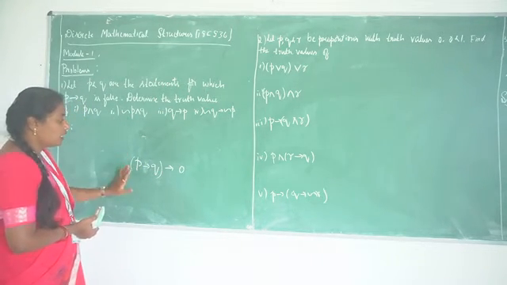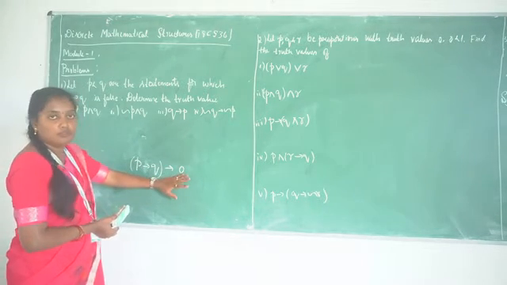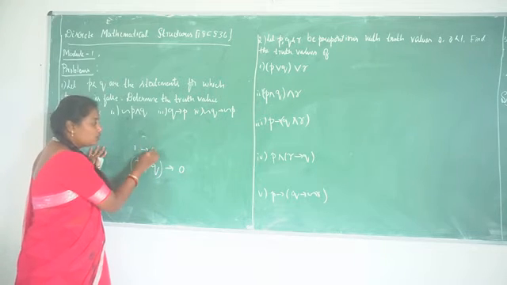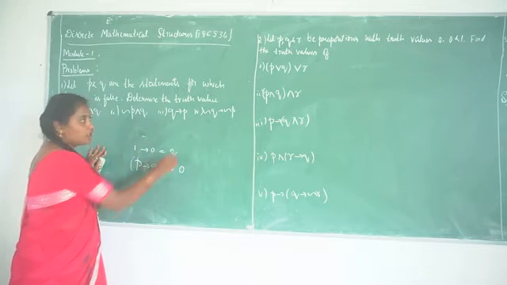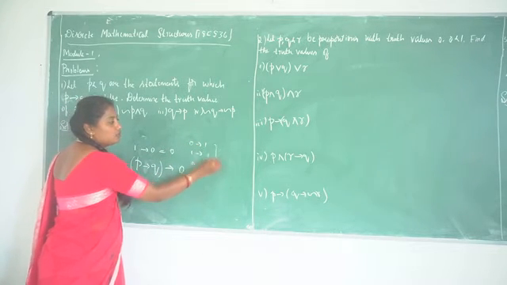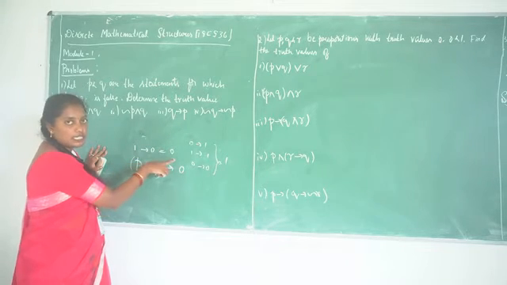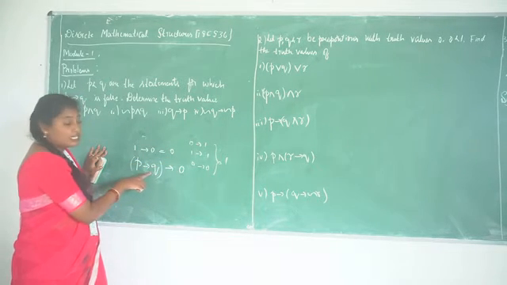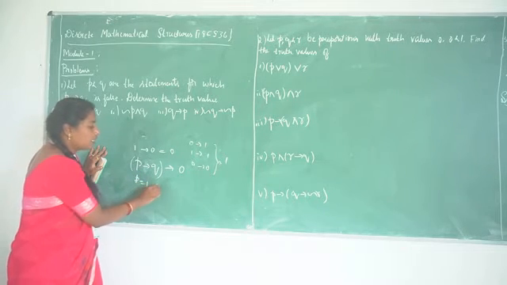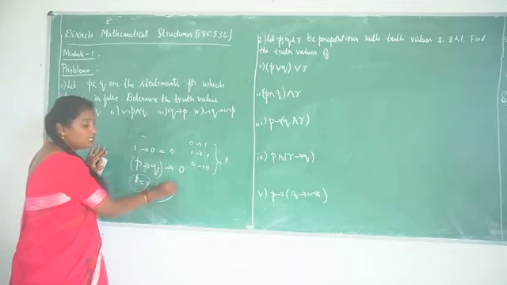The given is if P, then Q, a conditional proposition, and its truth value is 0. In a conditional proposition, only in the case 1 to 0 is the value 0. In all the remaining cases, 0 to 1, 1 to 1, 0 to 0, the values are true. Only 1 implies 0 is 0. That means P implies Q is 0, which is nothing but P equal to 1 and Q equal to 0.